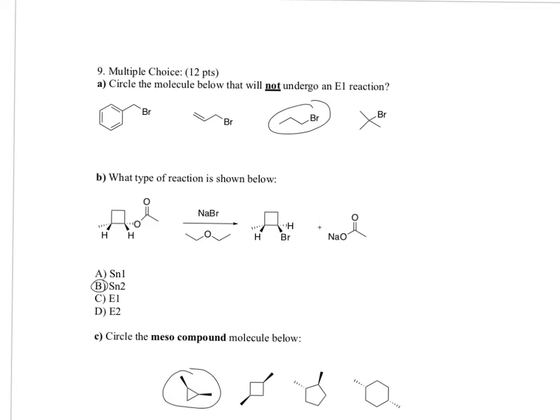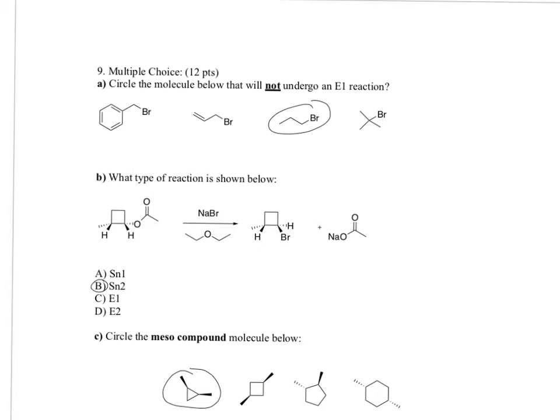So, multiple choice questions. Be careful to read these. Circle the molecule below that will not undergo an E1 reaction. So when you think of an E1 reaction, you should immediately think carbocations. So nothing primary,